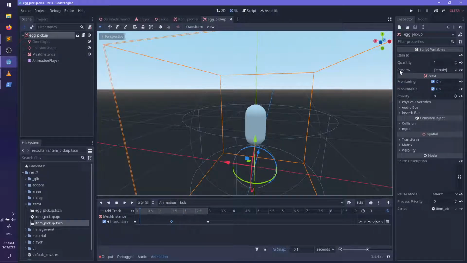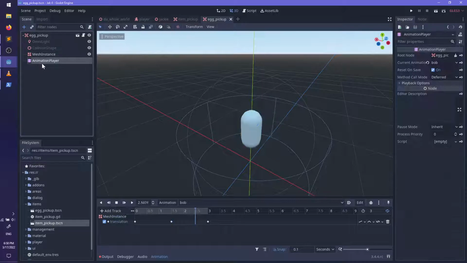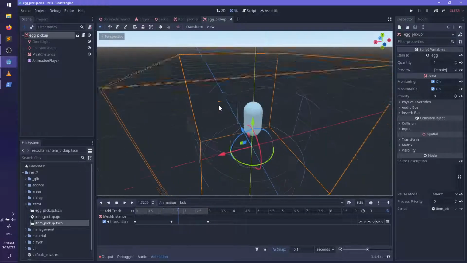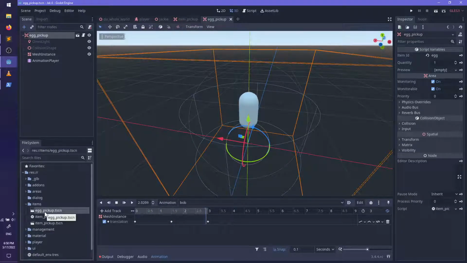And this little preview thing will be for items that are one-off items, so I don't have to create this whole scene with this stuff. I can just chuck the mesh into there, and that'll be the preview for it. And then